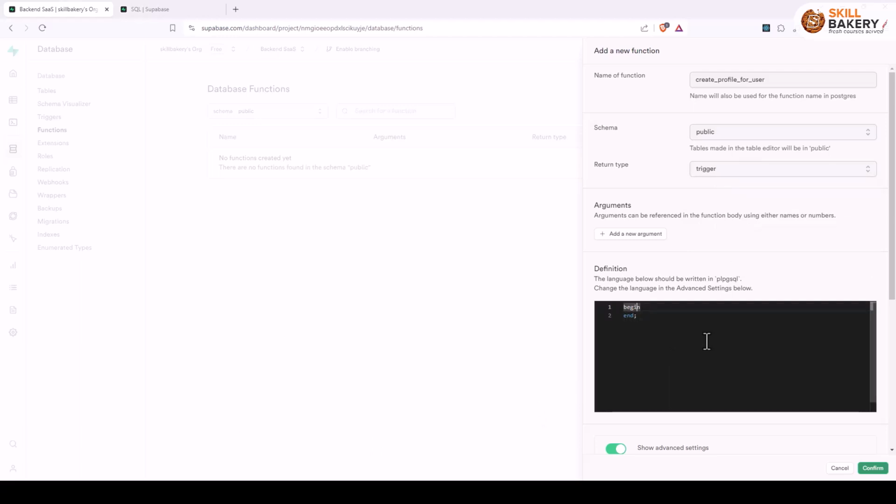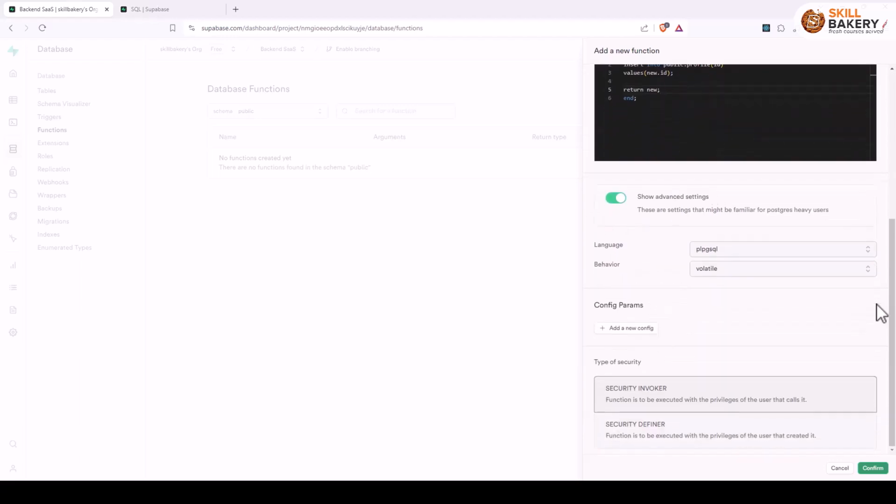and within this we will be writing the insert statement. So we'll be inserting the ID of the newly created user in our profile table. So insert into public.profile, and then column name is ID. Values will have this new.id. After that, we need to return this new variable, and down below we need to enable show advanced settings and